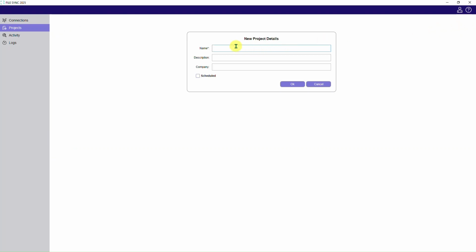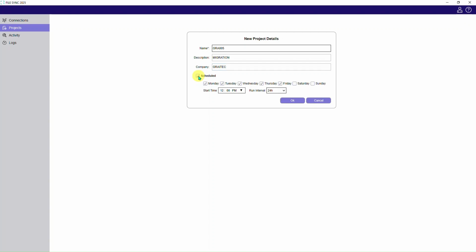Enter a name. Optionally, you can enter a description and company. And to automate our synchronization tasks, we can enable schedules. Once enabled, we can specify the days that we wish our sync to run on. We can specify a start time for our sync